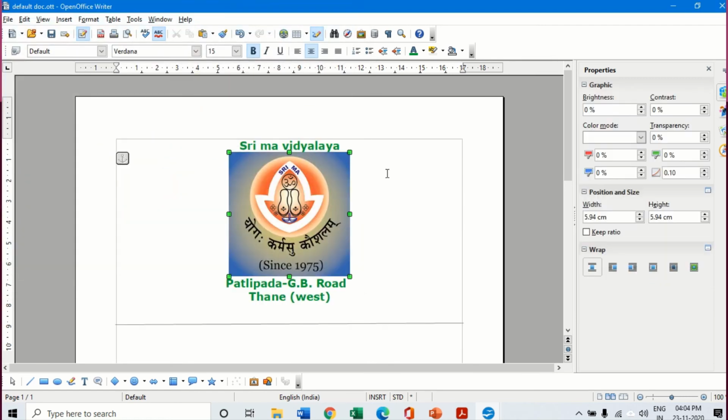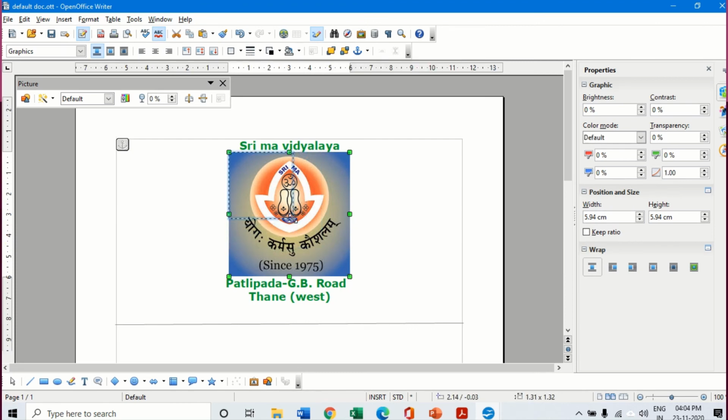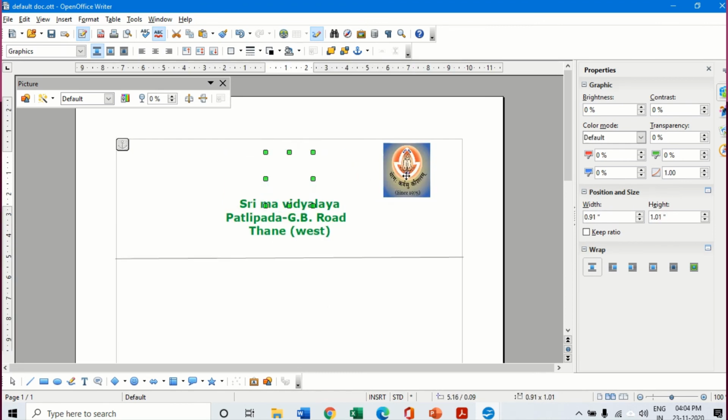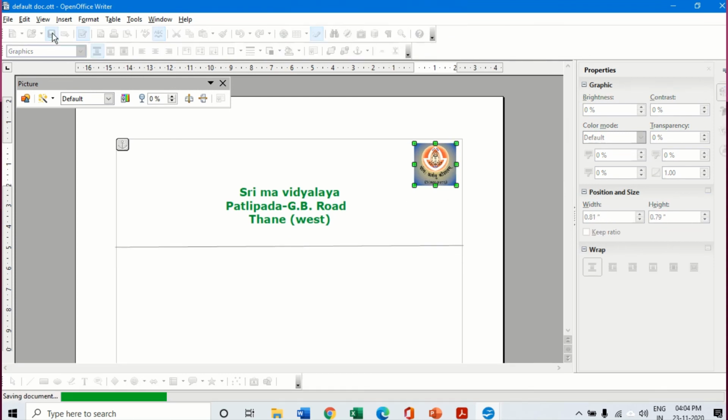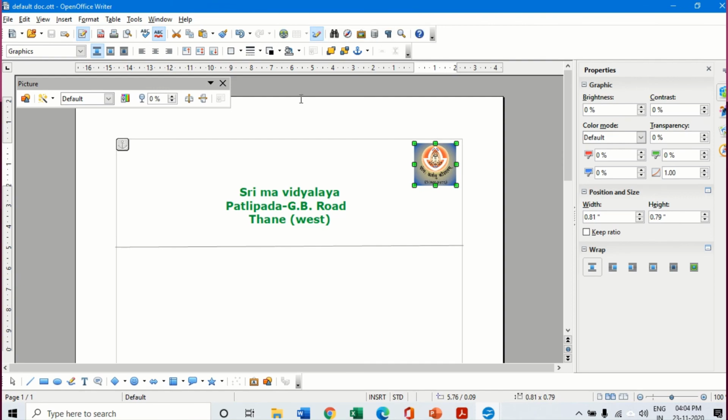Now I'm inserting it over here. I'm making it very small. I'm taking it to this side like this way. I'm making the changes to this particular template, and I click on save. So my template has been saved.